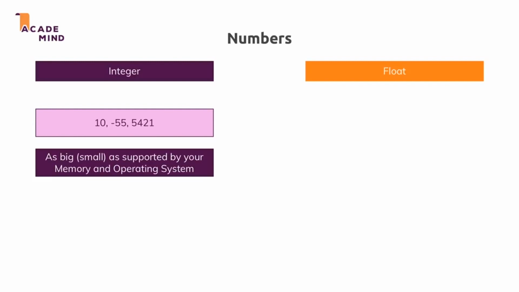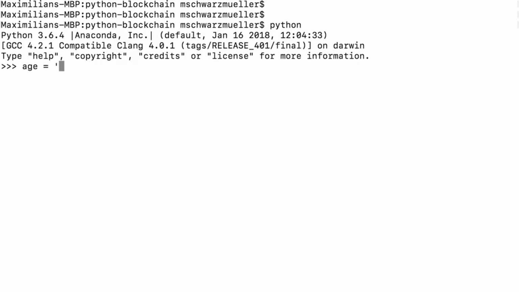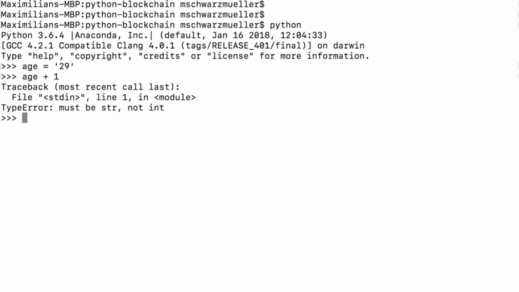Now, another important piece of information, sometimes you have some data in a different data type. Let's say you have a valid number, which for some reason is stored in a string. So text. Let's say you have the text 10. You recognize that it's text because of these surrounding quotation marks, but you'd like to do a calculation with it. Now let me show you how this would work. Here's an example. Let's say I have my age, which is 29, but notice the surrounding quotation marks. If I now output age plus 1 here, you see I get an error that this must be a string, not an integer, because age is a string, but 1 is an integer.